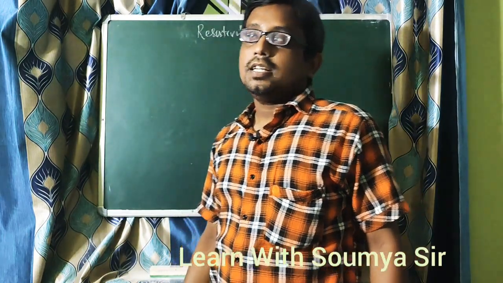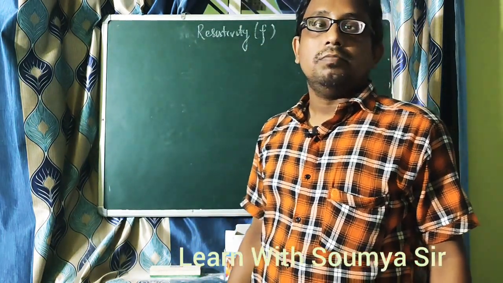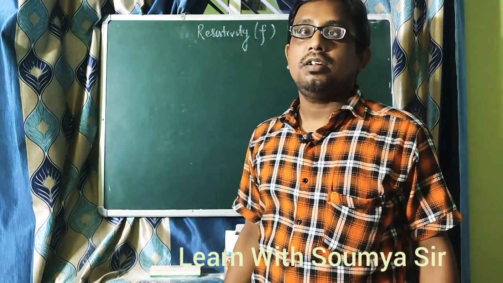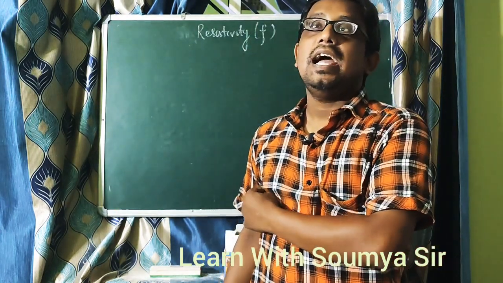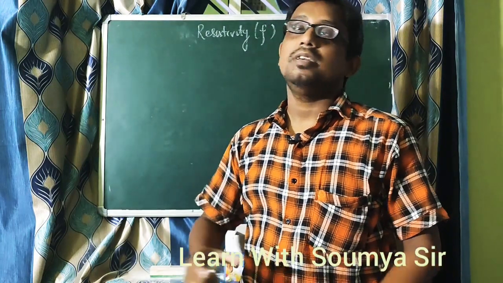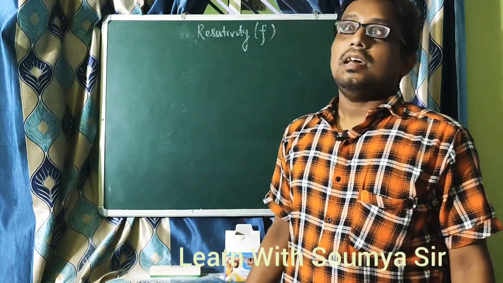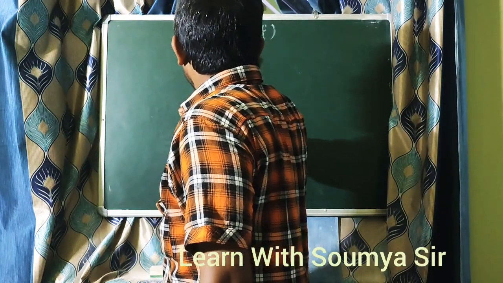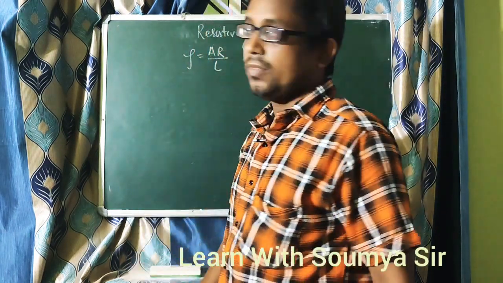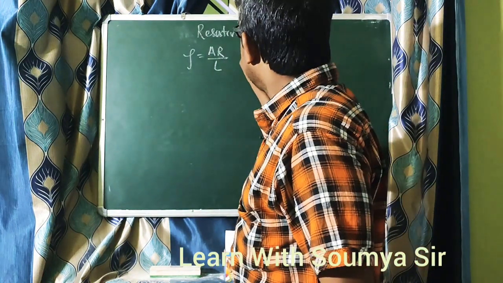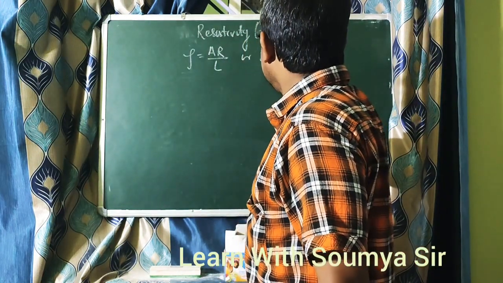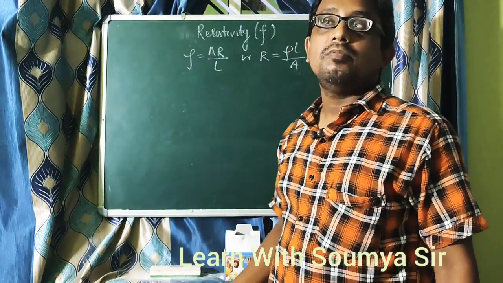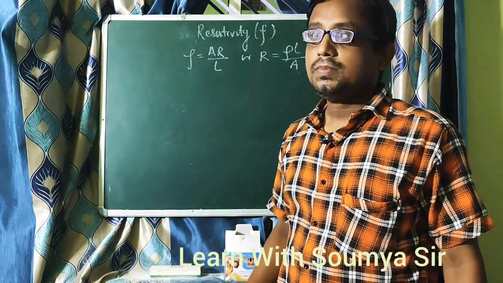We have discussed that resistivity is the resistance of a conductor having unit length and unit cross-sectional area. Now we have read ρ = AR/L, or we can write R = ρL/A. So this formula we have read before. Now